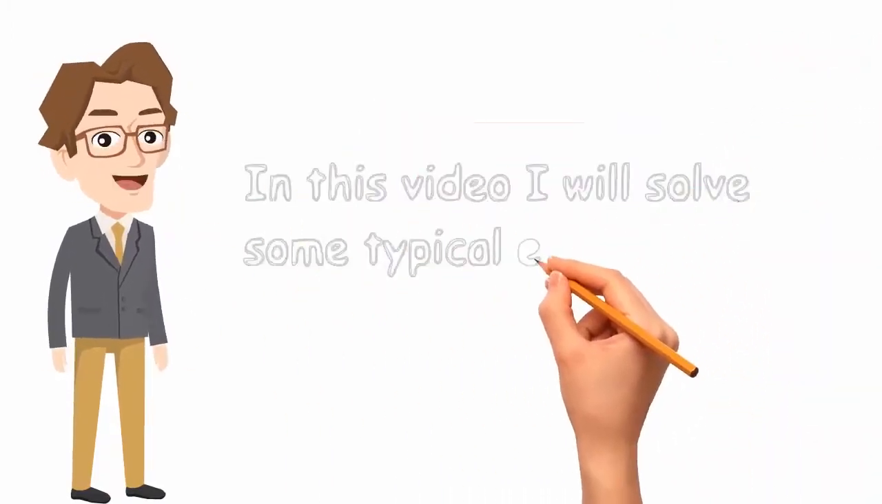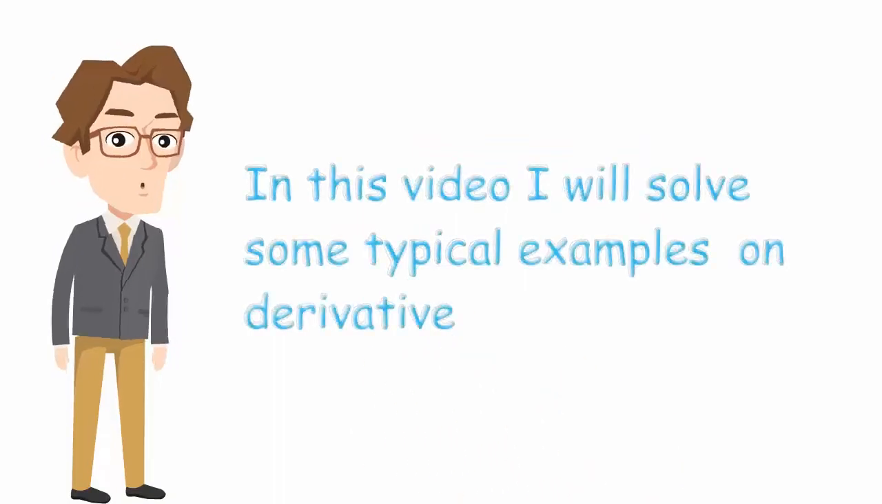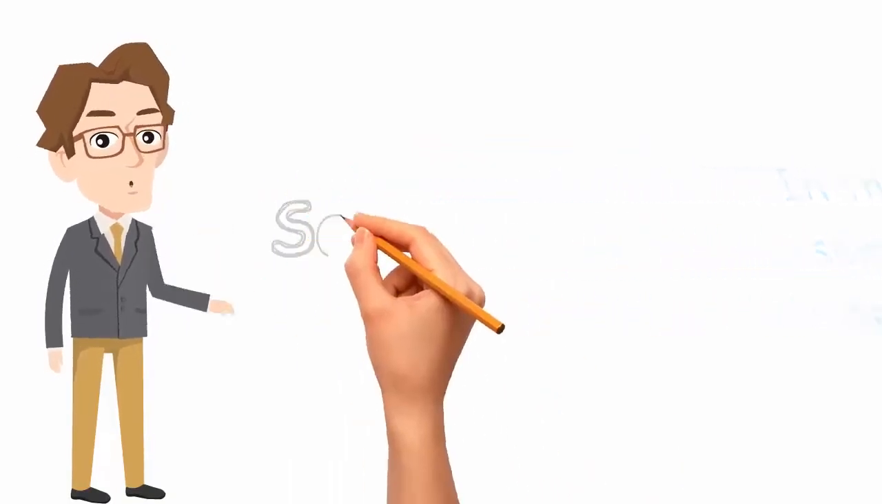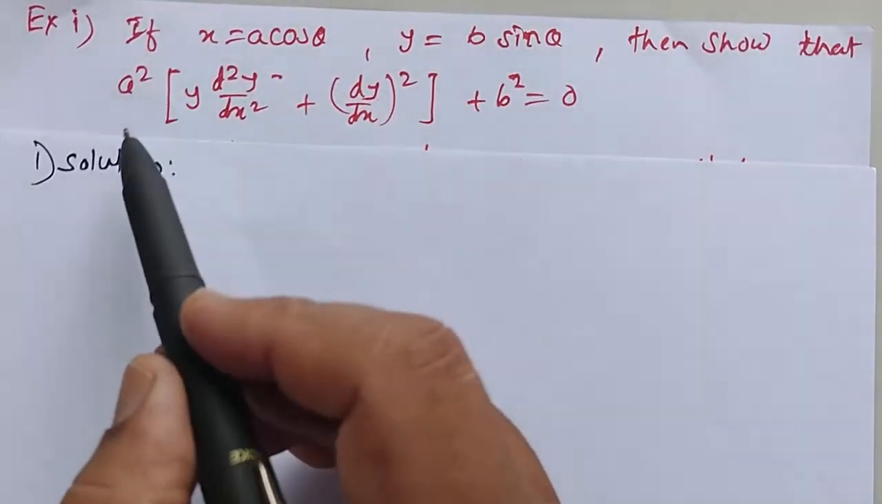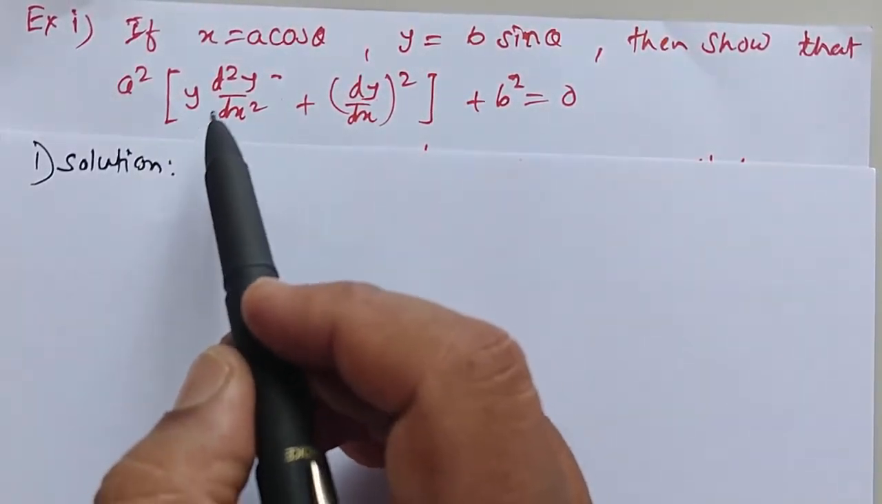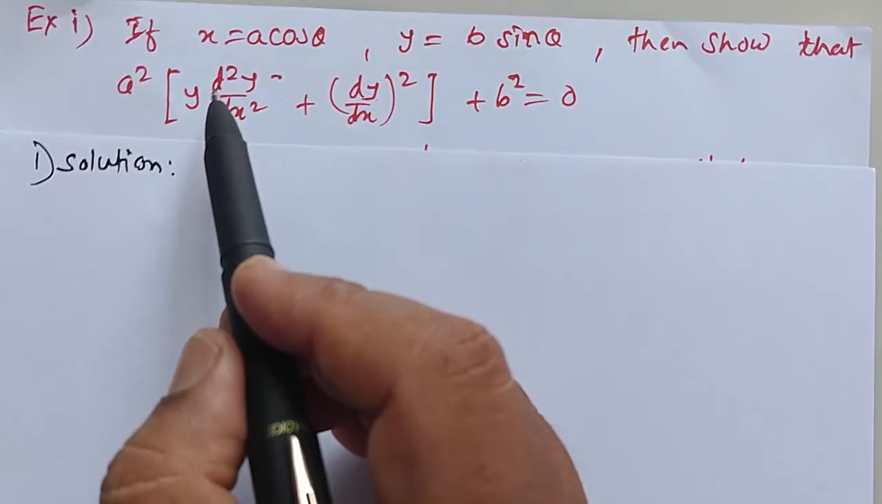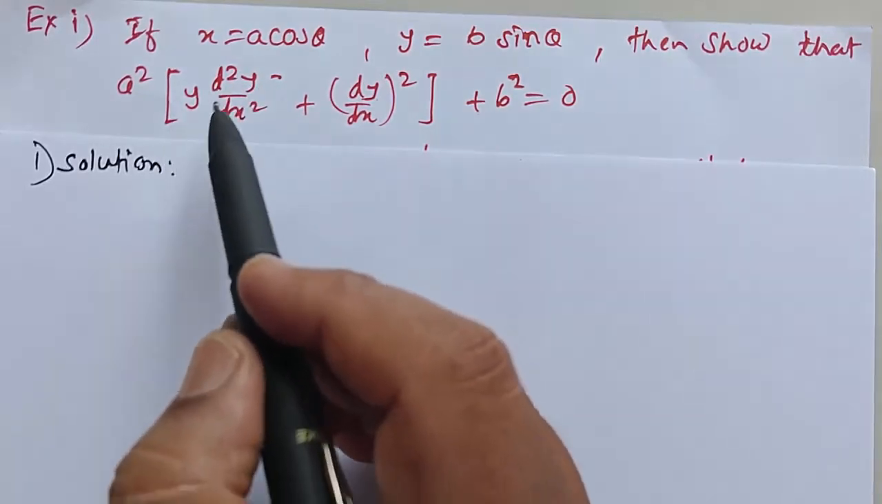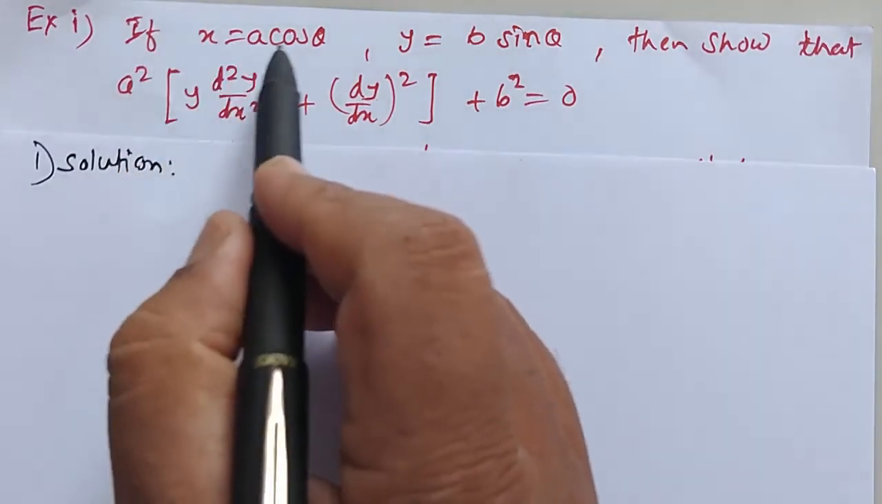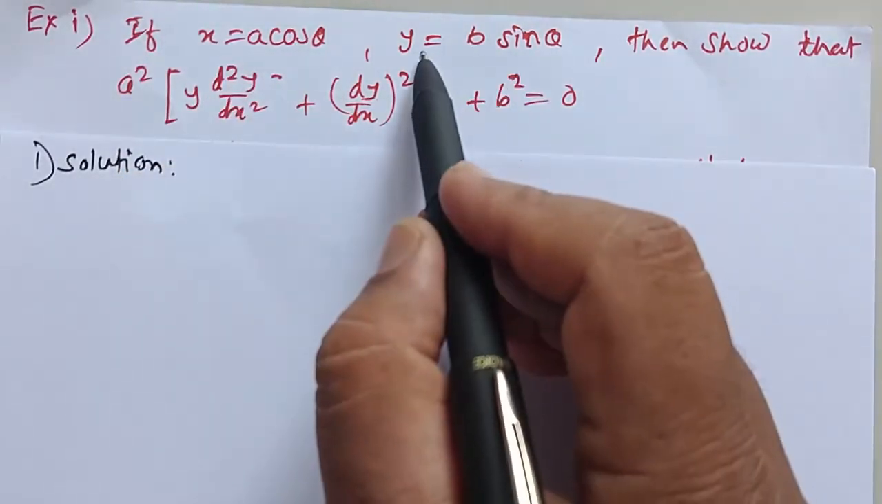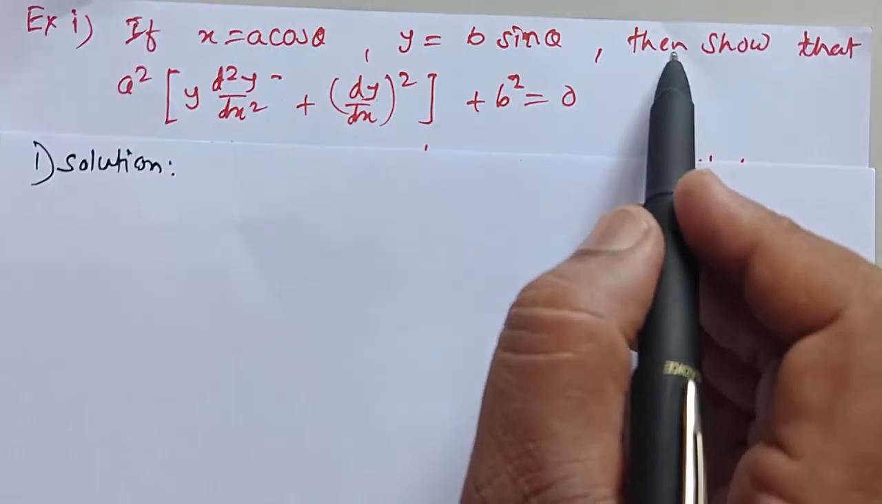In this video, I will solve some typical examples on derivative. So, let's begin. Now, in this video, I will solve the second order derivatives. Example on second order derivative. The first example: if x is equal to a cos theta, y is equal to b sin theta, then show